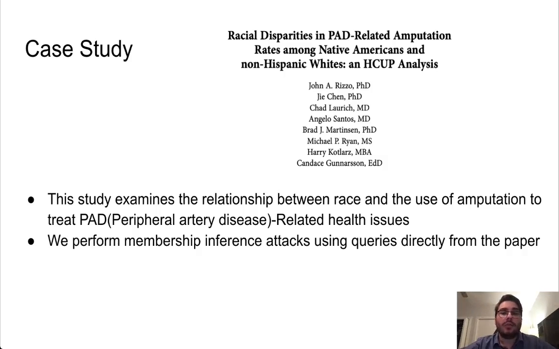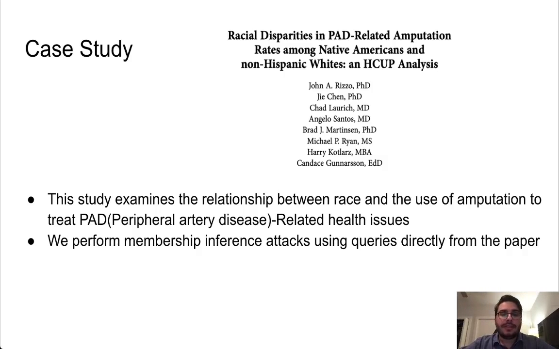They do not know exactly why this is the case, whether it's due to discrimination or political issues or stuff like that, but they do find that it is the case. Now, being inferred in this data set could be damaging for people, obviously because their health history is being revealed, but could also be damaging for hospitals and doctors because it could be inferred that they are potentially guilty of discrimination, which could result in a massive loss of trust and possibly monetary value.